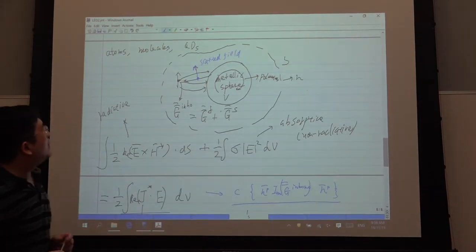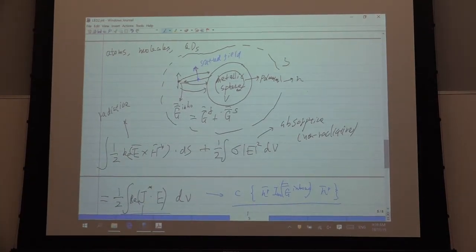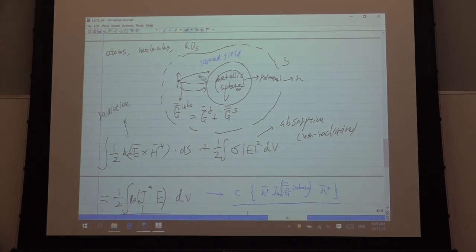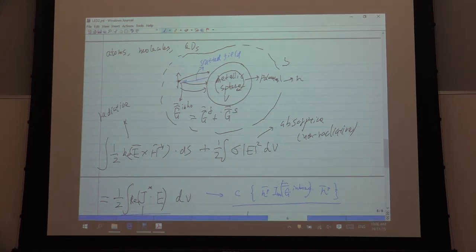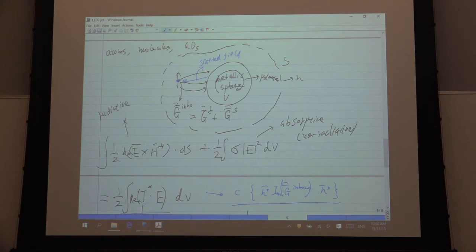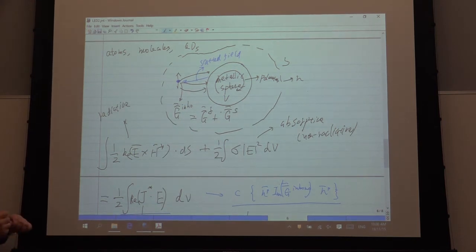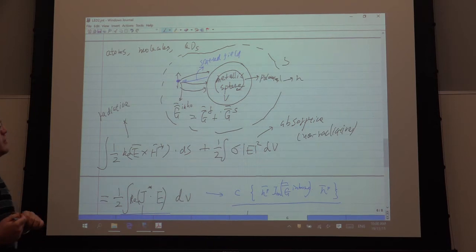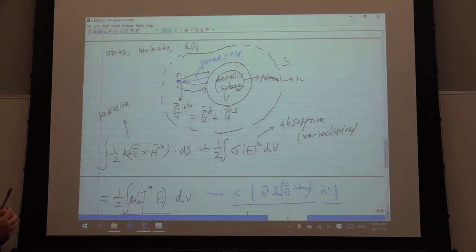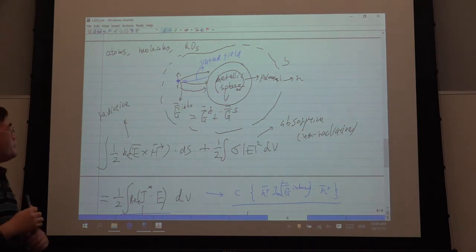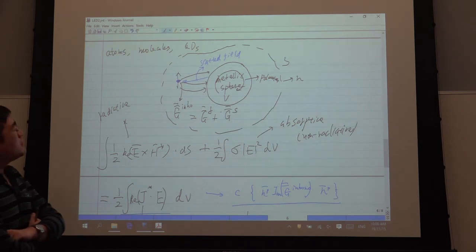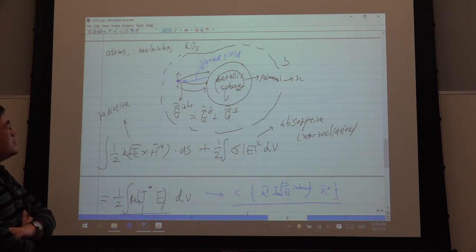I'm not saying that your source there is not a dipole. I'm okay that it's a dipole, but existing in the system is already a dipole, as you have drawn at the beginning, which will interact with the metal sphere and have some background scattering, whatever it is. And then now you put a particle, molecule, or quantum dot into the system, and see how strong or how weak the change of the dipole is from this additional quantum dot. Is that right? Yes.